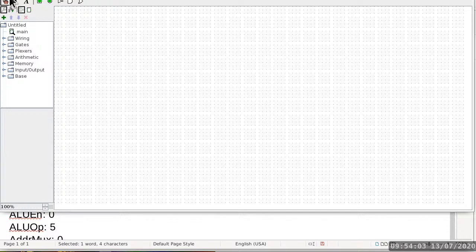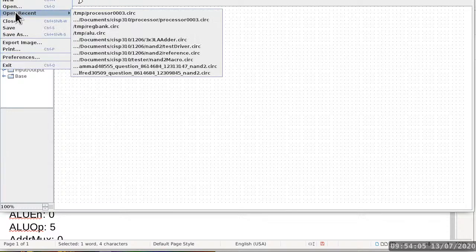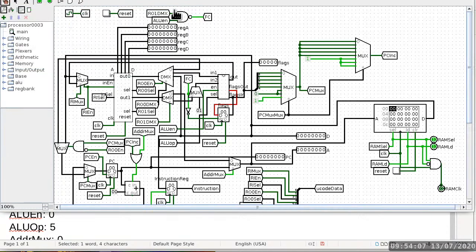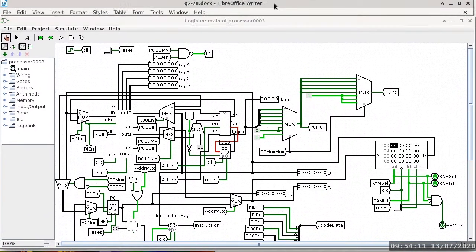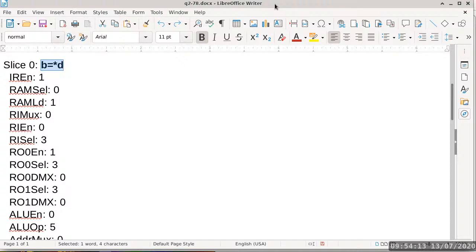All right, so let's go ahead and reload Logisim, and this time we are in the GUI mode. All right, so this is Logisim in GUI mode. So the first way to answer this question, which is helpful in many ways, but it is not going to give you the entire answer either, is to look at this and ask, do we have any existing slices that can already tell me how B equals star D